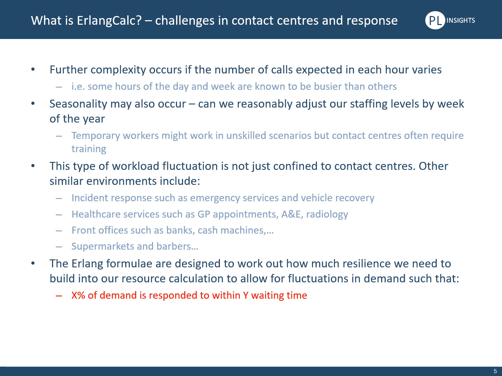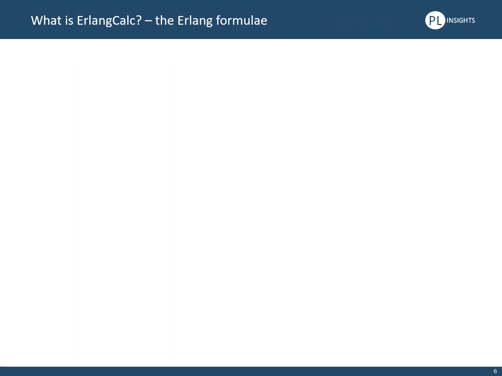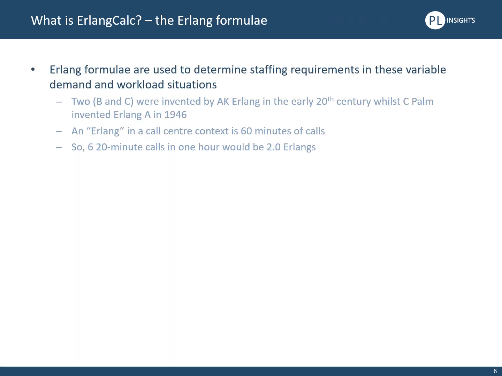The Erlang formulae are designed to work out how much resilience we need to build in to our resource calculation to allow for these fluctuations in demand, and it allows us to predict the typical customer service measures that we find, i.e. managing to handle X% of our demand within Y minutes of waiting time. The Erlang formulae are used to determine the staffing requirements in these variable demand and workload situations. They were invented in the 20th century by A.K. Erlang and C. Palm. You may come across the term Erlang in a call centre context, and it's 60 minutes